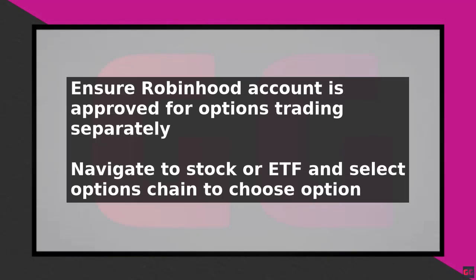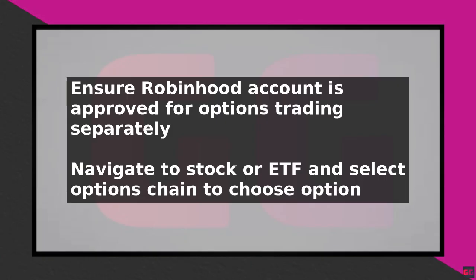To sell option contracts on Robinhood, you need to have a solid understanding of options trading on the Robinhood platform. First, ensure that your Robinhood account is approved for options trading, as this requires a separate approval process. Once your account is approved, navigate to the stock or ETF you want to sell options on and click on